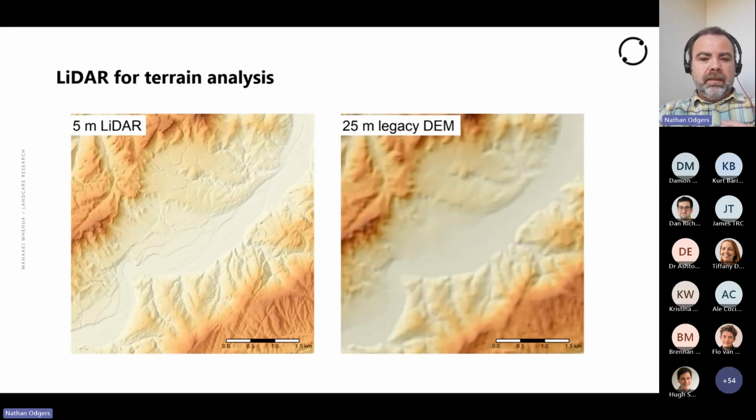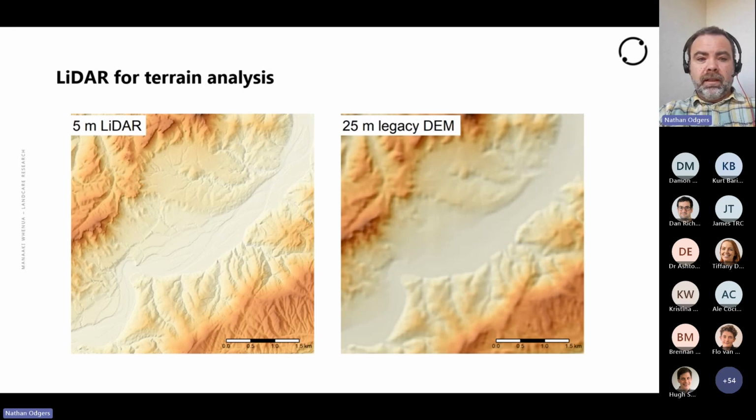And I put this up here just to illustrate the point that it's not too much of an overstatement to say that the LiDAR elevation model is a bit of a step change in terms of the level of detail with which we can resolve the shape of the topography. So obviously, on the left-hand side, a 5-meter elevation model, and on the right-hand side, the same area, but drawn from our national 25-meter legacy elevation model,